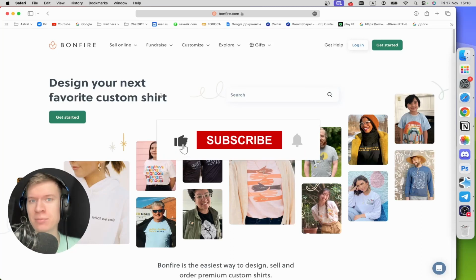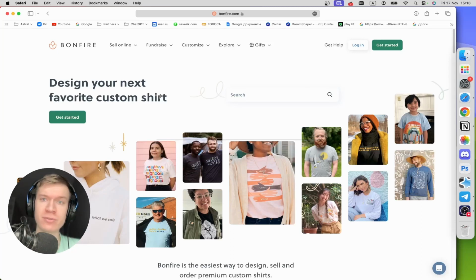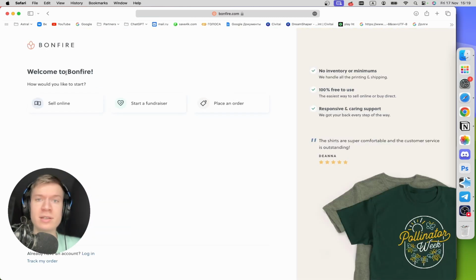Hi everyone, here is a step-by-step guide on how to use the bonfire.com website to design your next favorite custom shirt. First of all, click on Get Started at the top right corner, and after that, in the new window